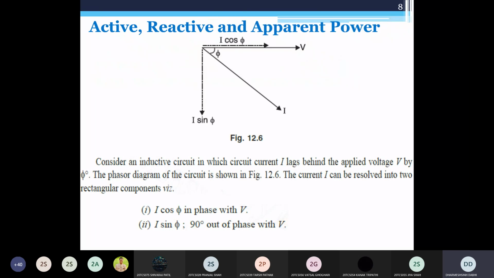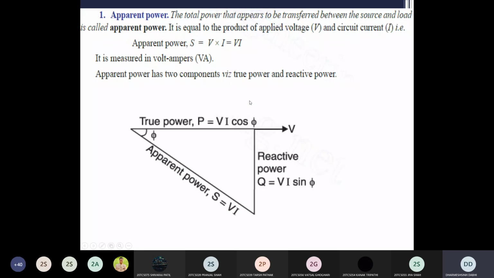So how do you draw this vector diagram to show what apparent power, reactive power and active power are? From the same vector diagram, you can see that on the x-axis we take voltage as the reference. On the same axis, we have the component of current, which is I cos phi, in phase with the voltage. So the active power component is always the cosine component. This horizontal axis, voltage into current I cos phi, gives the active power, or you can say true power. So P is equal to VI cos phi. You can see in this vector diagram, P is equal to VI cos phi, that is your active power.